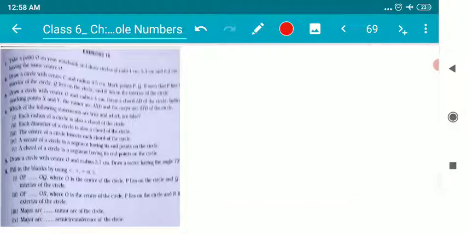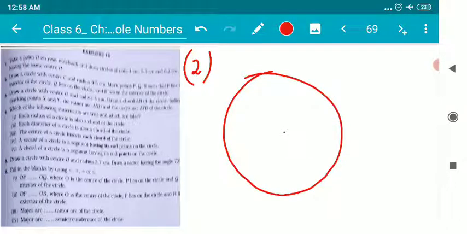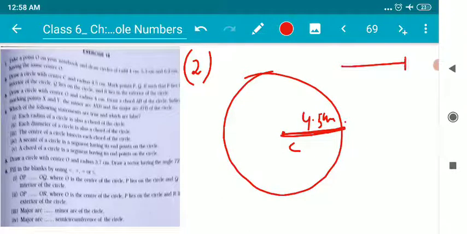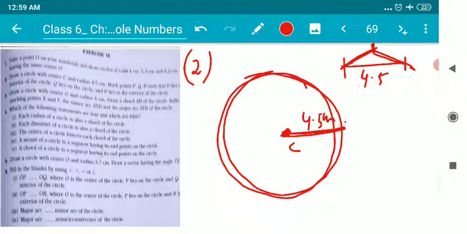Let us understand question number 2. Draw a circle with the center C. Okay, let me draw a circle. Name of the center is C. This is the point C. Radius should be 4.5 centimeter. So children, make sure that you are drawing the circle of radius 4.5 centimeter. So using the same process, you can draw a 4.5 centimeter line segment outside. By using compasses, take the measure of this line segment, place the needle here at C and give one arc.